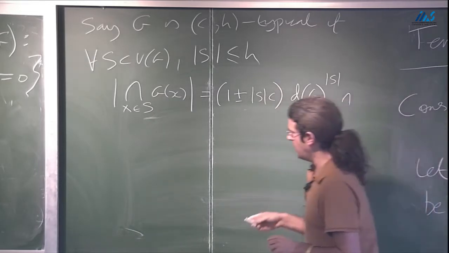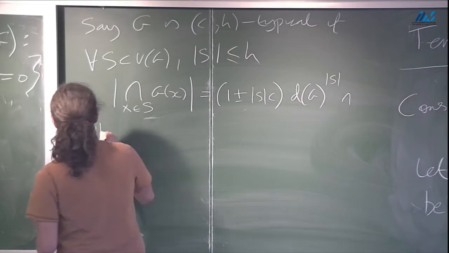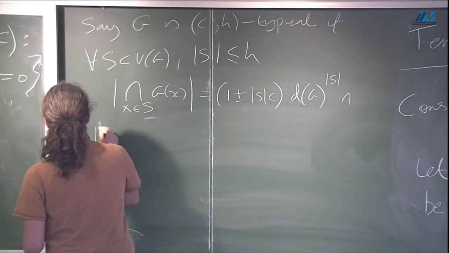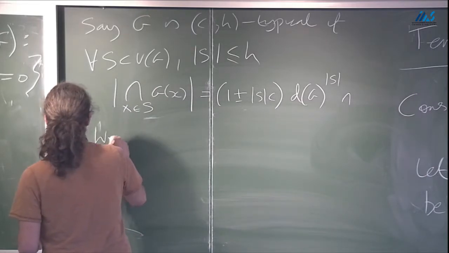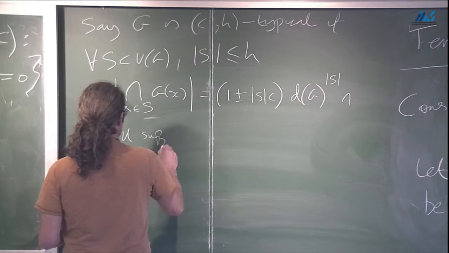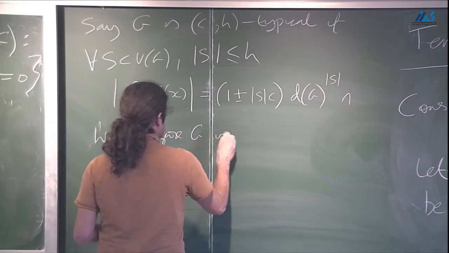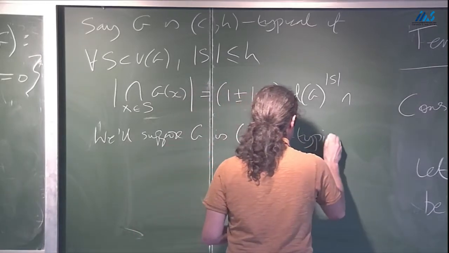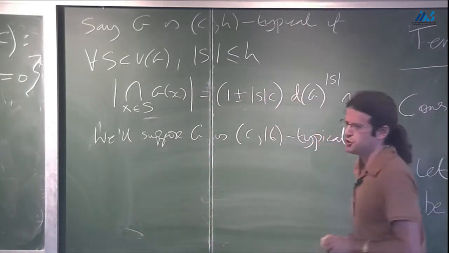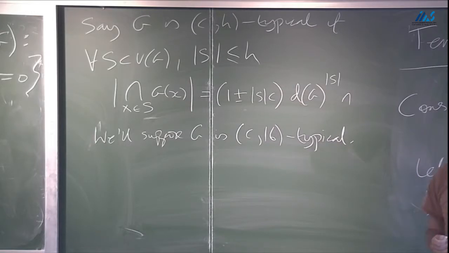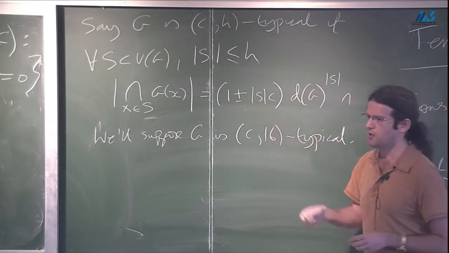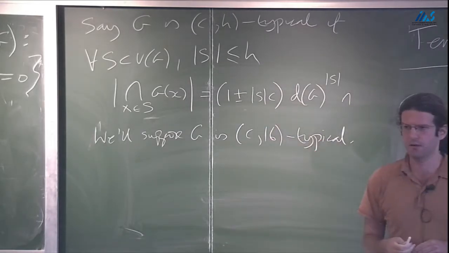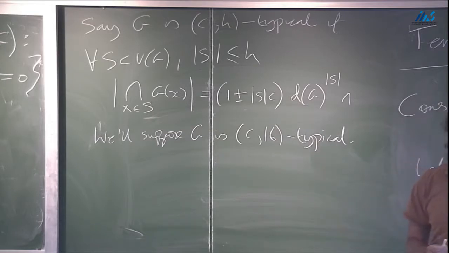So it's 1 plus or minus size of S times C. And I'll suppose G is C16 typical. The condition I mentioned before was essentially C2 typical, if you ignore this. Now I'm going to say C16 typical. And believe me, for now, that this doesn't make much difference. T captures like 1/n of